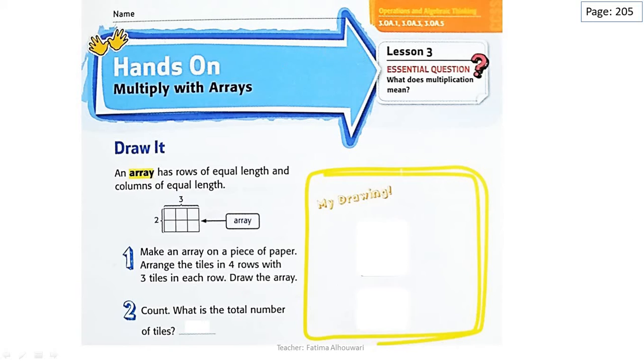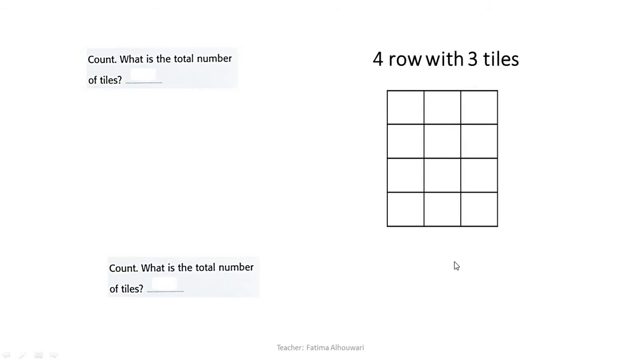Now let's make an array on a piece of paper and then let's arrange the tiles in 4 rows with 3 tiles in each row. 4 rows with 3 tiles in each row. And when you finish, draw this array here. Go ahead, grade 3. If you draw this array, 4 rows with 3 tiles, you will get an array like